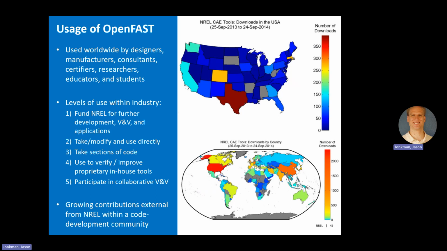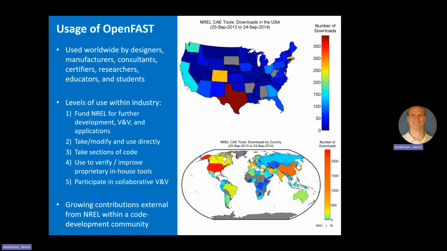I would say if you look at the pie chart, I don't have it on here, but I would say half the users are probably academia, PhD students, people doing their thesis work, or even some coursework is based on OpenFAST. And then another quarter of the pie is probably designers, whether that's floating platform designers or turbine OEMs using it. And the rest of the pie is some of the certifying bodies, some research organizations, consultants, and so on